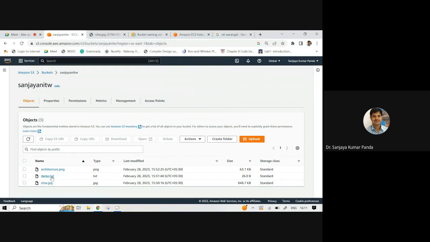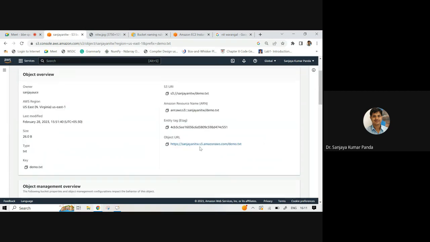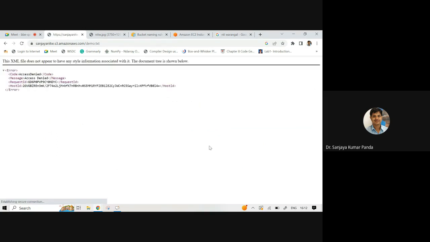If I go for demo.txt, again there is a URL for demo.txt. The URL is nothing but https://name.s3.amazonaws.com/demo.txt. That is your object name. So once you click this one, you will get an error.